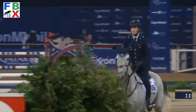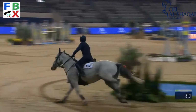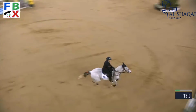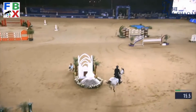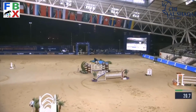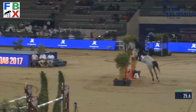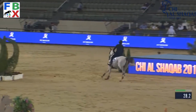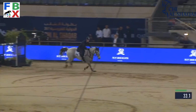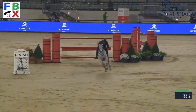Off they go. So, clock tower to the second part now, second part of what was the double, right the way round the arena, across the centre to what was fence 7. They take that on the angle, that's a big spread on there now. It's 170 into a double, was part of the triple combination. Then they come left-handed down the arena here to a vertical, as was an oxer before. Again, stands 150, round the podium, up over the oxer, and then finally onto the vertical to finish,